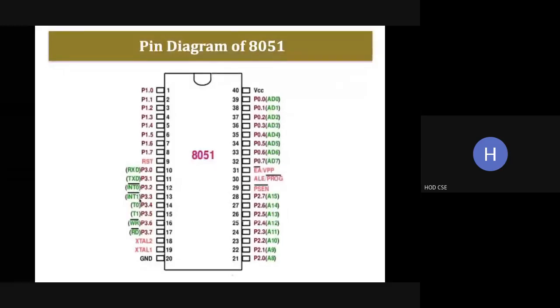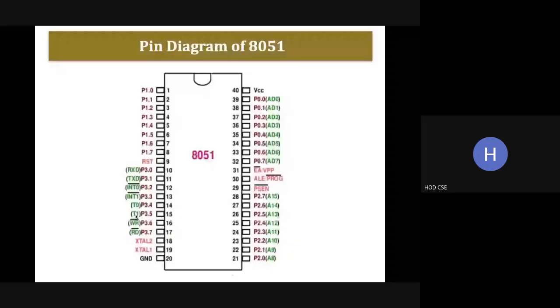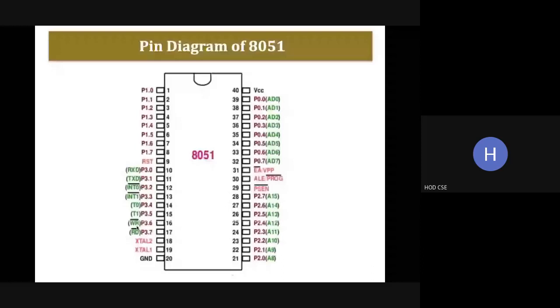INT0 is interrupt 0, INT1 is interrupt 1. T0 and T1 are timers; we have two timers, timer 0 and timer 1, and these are the inputs for them. Then we have the read signal, RD, and the write signal, WR.